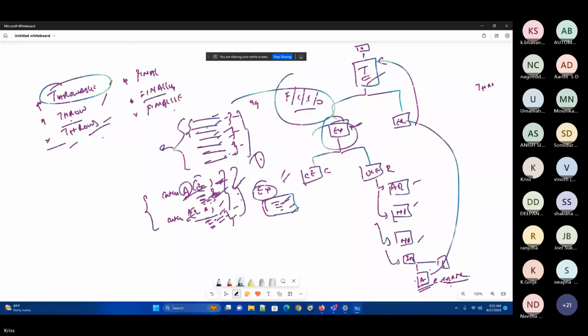Got it? Any questions? What it means, how we need to use this particular try and multiple catches? Yes, sir. And you always remember,